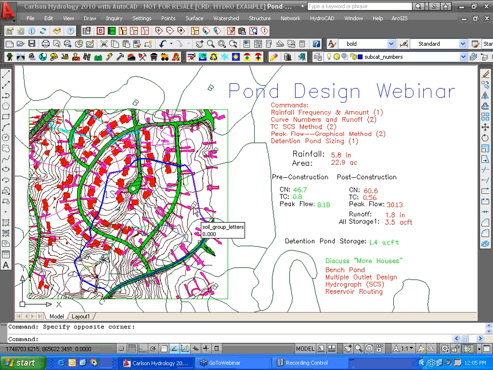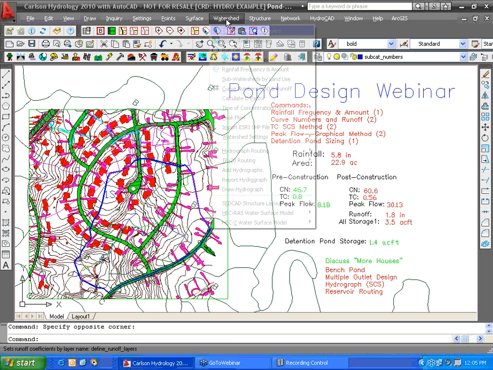On the left, we have a classic subdivision developed site that has a defined watershed shown in blue. And the starting point for this process, internal Carlson Hydrology, and for feeding into HydroCAD, begins in the watershed pull-down,